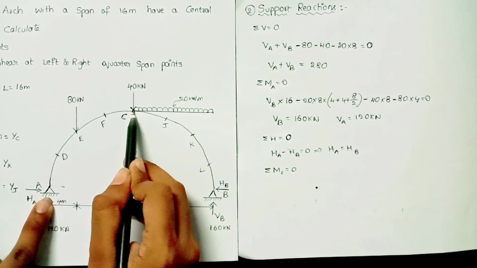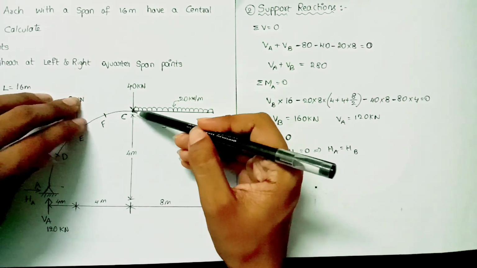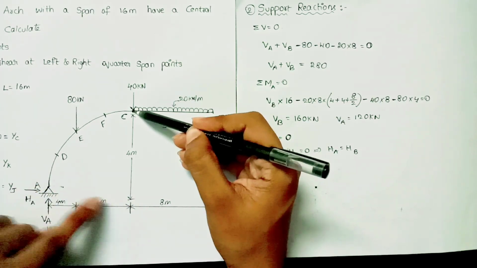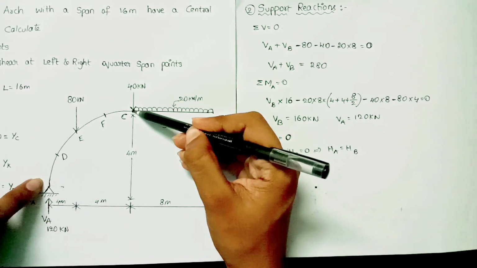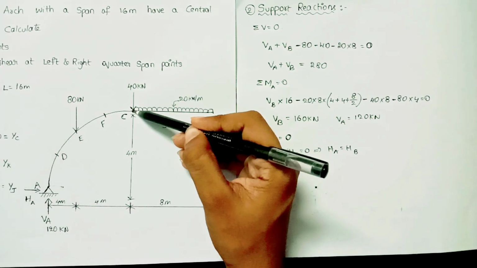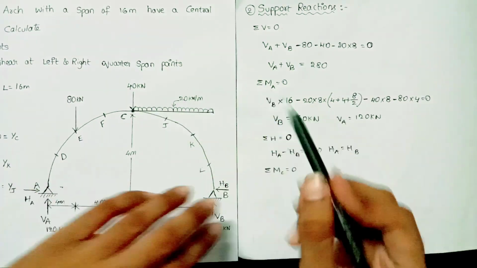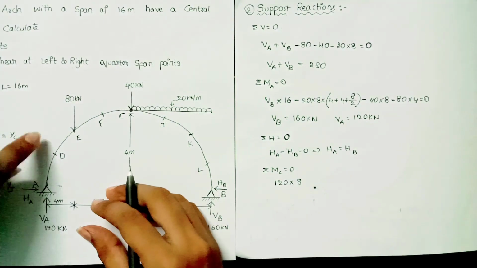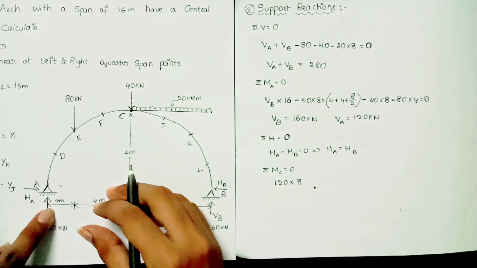First of all, consider this vertical reaction. For this vertical reaction we have to calculate the moment, force into perpendicular distance. This is the point, this is the force, and this is the perpendicular distance. Therefore 120 into 4 plus 4, that is 8. 120 into 8. This load is making the arch move in the upward direction. That means it is a sagging moment. Sagging moment will be positive. So I am writing 120 into 8. Since it is a sagging moment, that means the point is lifting, so I have written positive. Now we have completed the vertical reaction.